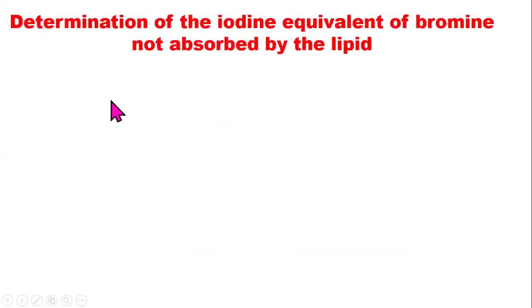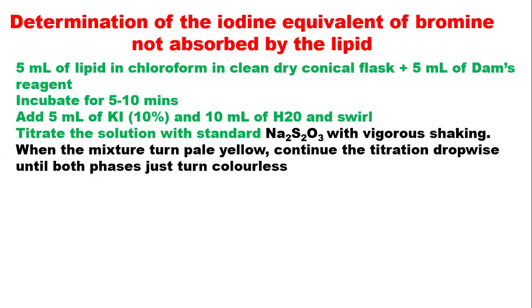So this is the iodine equivalent in DAMS reagent. In the second titration, we are going to carry out the determination of the iodine equivalent of bromine that is not absorbed by the lipid sample. So we take our 5 ml portion of our lipid solution in chloroform. You remember the lipid solution we prepared by dissolving 1 gram of lipid in 150 mls of chloroform. That is the solution we are going to pipette 5 mls of, and we put it in a clean, dry